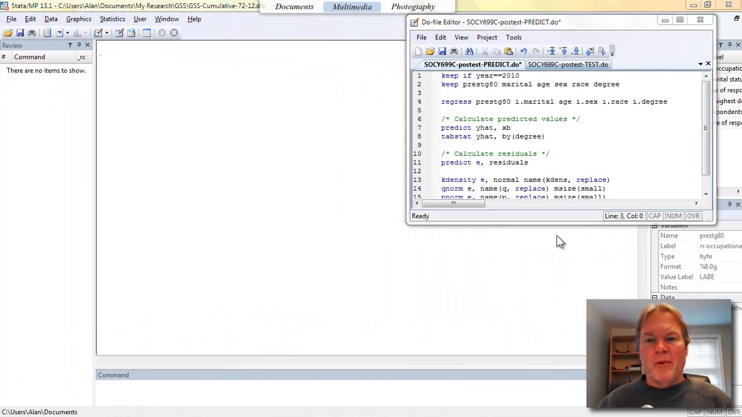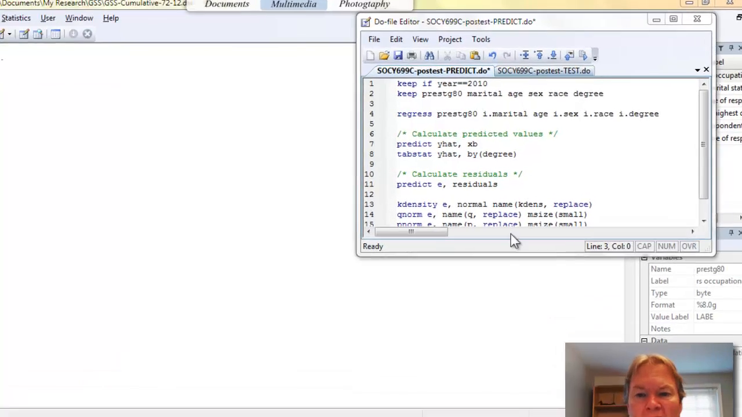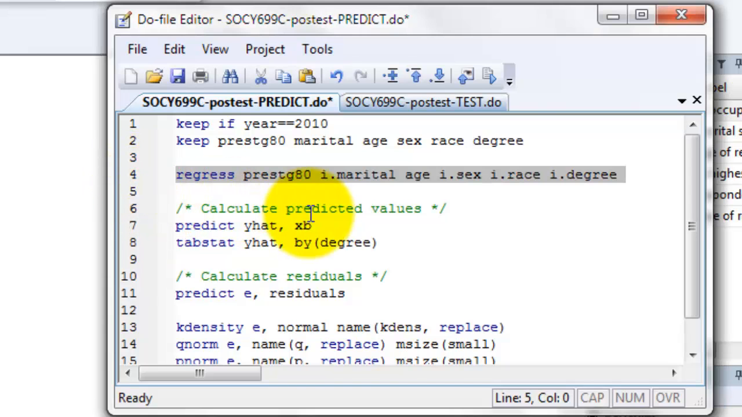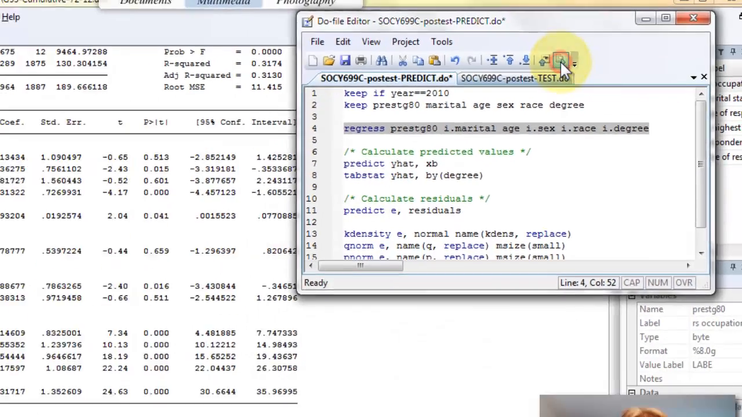So I've already got Stata up and running. As usual, I'm using the General Social Survey, and I've selected the Prestige 80 occupational prestige variable, marital status, gender, age, race, and highest academic degree earned, and I've gone ahead and subsetted my data already. So I only have those variables for the year 2010. I'm going to go ahead and estimate my first regression model. I'll regress the Prestige 80 variable on all of the others, and I like to highlight the line and then come up here and click on the execute button here,